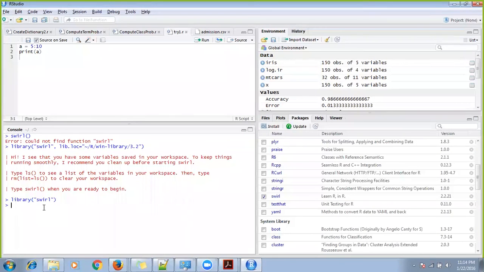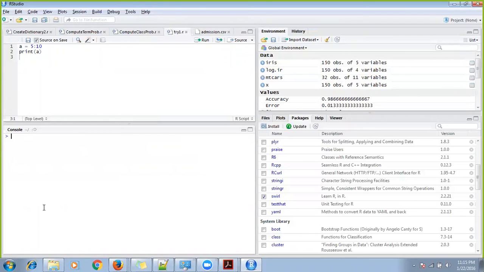There is another way to load the package, called require. You say require(swirl), which is also the same as library(swirl). Both are the same. This will also work for you. Okay, now I have installed swirl and I have loaded my package called swirl. I can just type the swirl function. It's a start. Now the prompt has started.